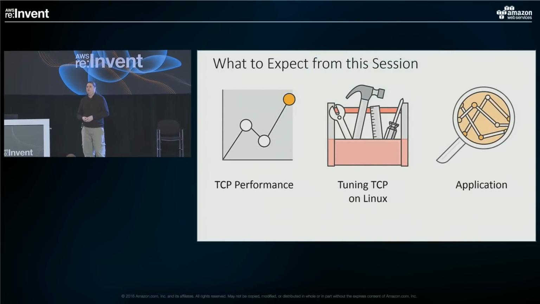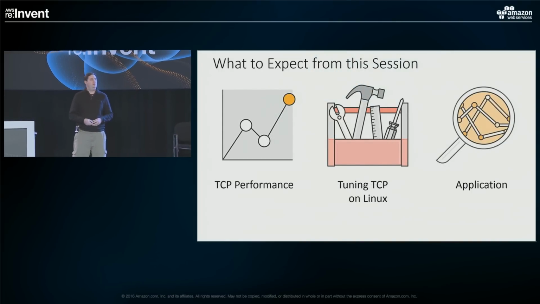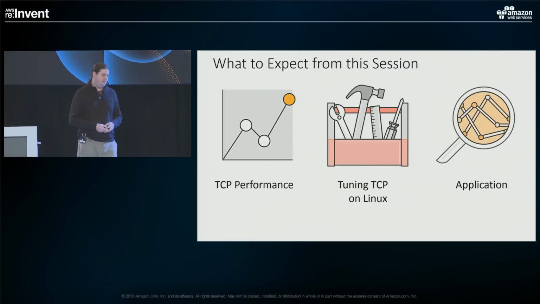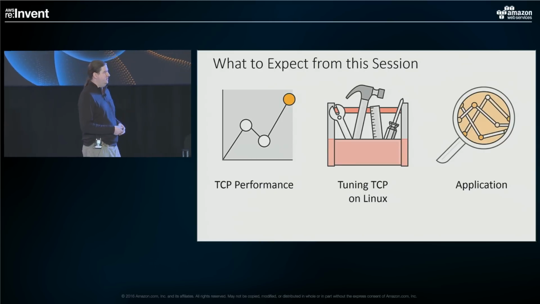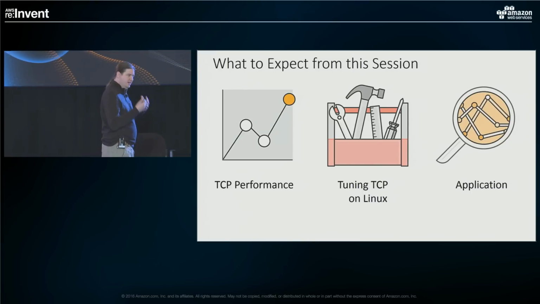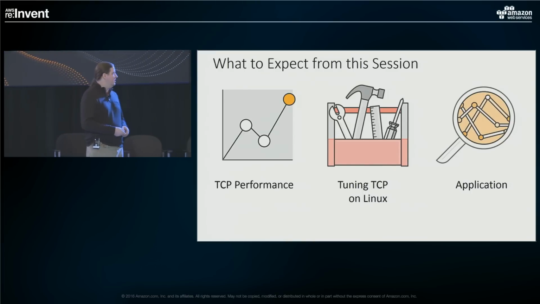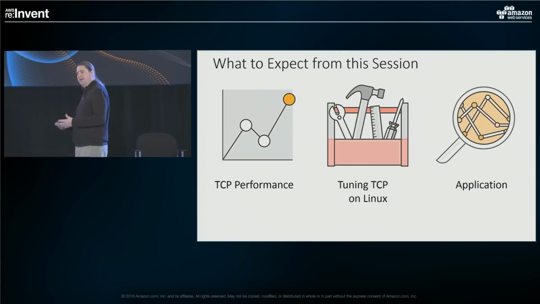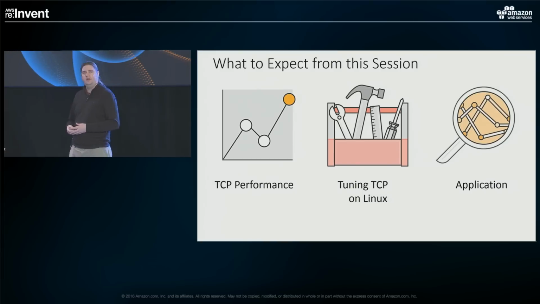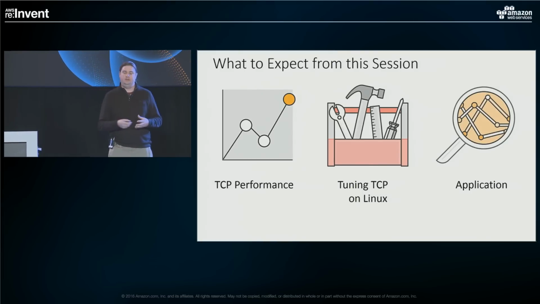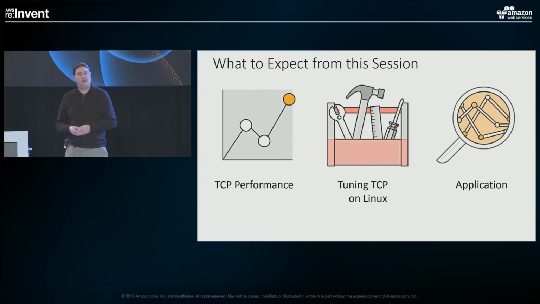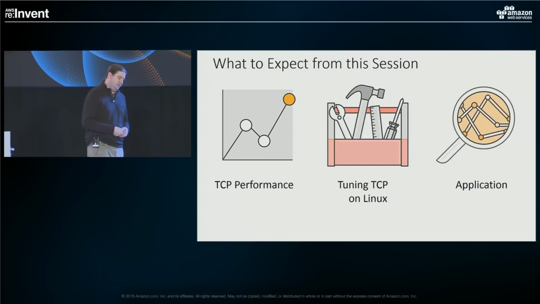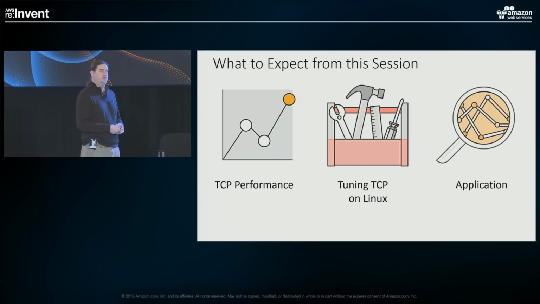So this is a 400 level talk, so we're going to go pretty deep. We're going to be talking about TCP performance. I will give you a little bit of a gentle ramp up to get your minds engaged and in that networking mode. And after we start talking about TCP, we're going to talk about what makes it go. What are some of the things that are going on under the covers when TCP is running underneath your application? Then we're going to look at some tools to try to inspect what decisions TCP is